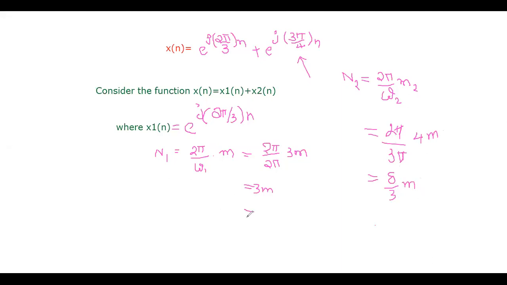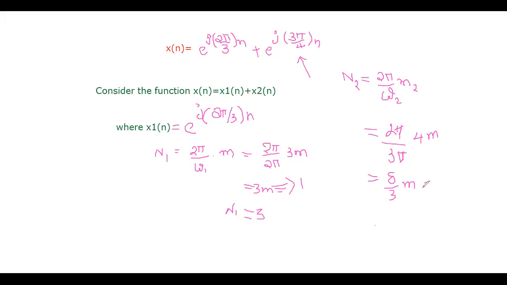Now the turn has come to substitute the proper value of m in both the cases. This is case 1. That means here we are considering x1 of n and this is x2 of n. In the case of x1 of n, to determine n1, we must consider the proper value of m that must make this capital N1 an integer. If we select m is equal to 1 here, obviously n1 is equal to 3. If you select m is equal to 1, obviously it makes capital N an integer.